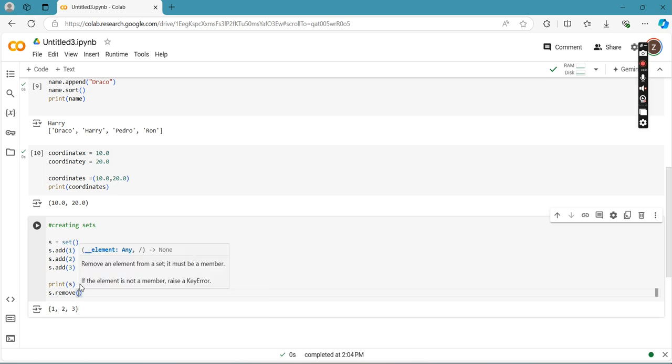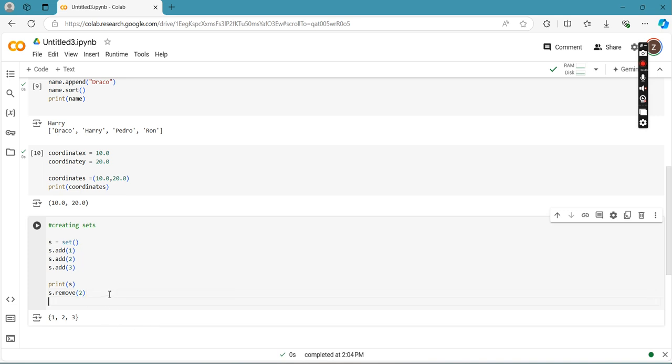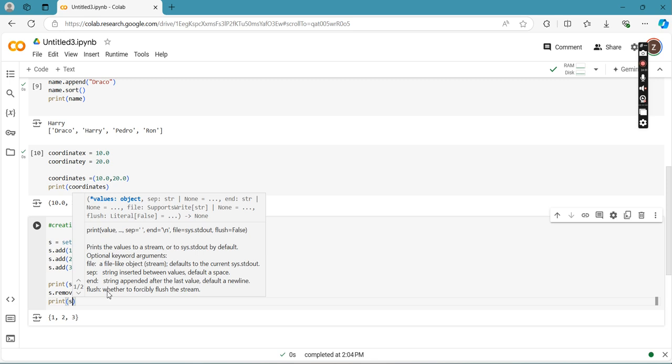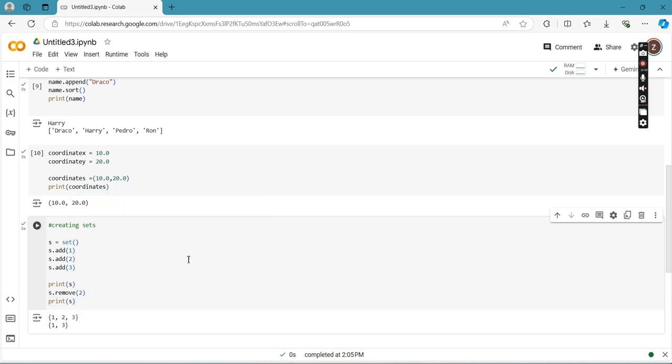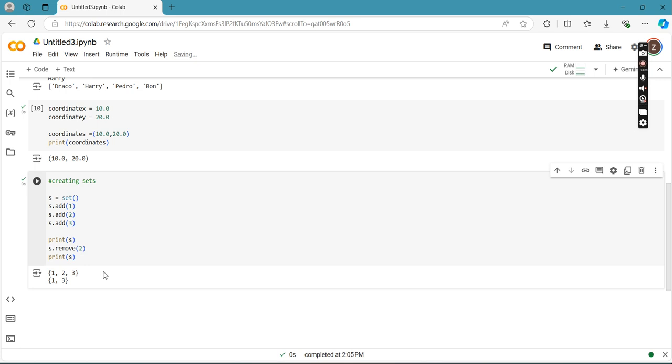For example, I would like to remove item number two. So I'm just going to use the remove function. And if we print it again, the values of our set would be 1 and 3. The final values would be 1 and 3.